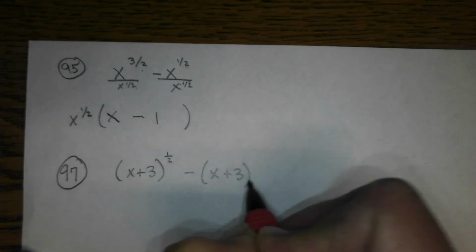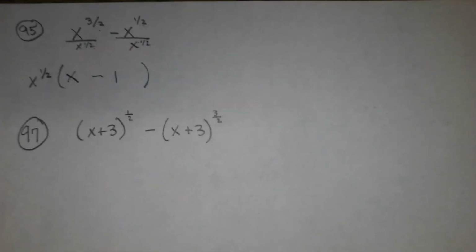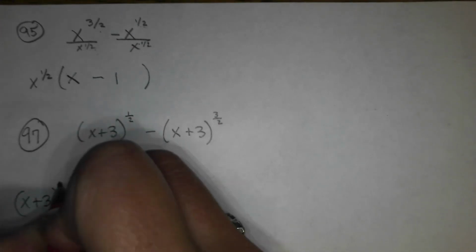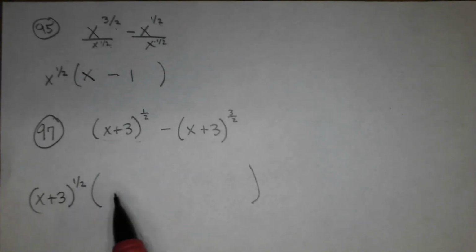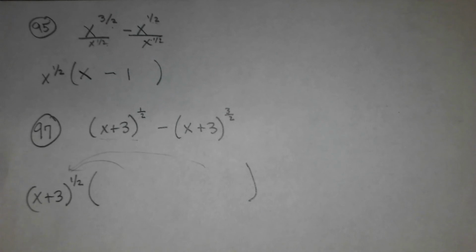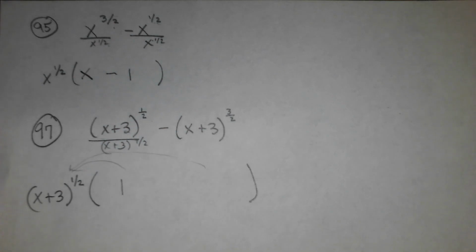97 bumps it up a notch, because your base is more than just an x, so that creates a complication. Which one of these is a smaller exponent? Easy question, right? 1/2. So I need to take out that base of x plus 3 to the 1/2 power. And then I'm going to see what's left of each piece when I divide that out, because you're like undistributing, right? So when I divide out x plus 3 to the 1/2, the first term is just 1, anything divided